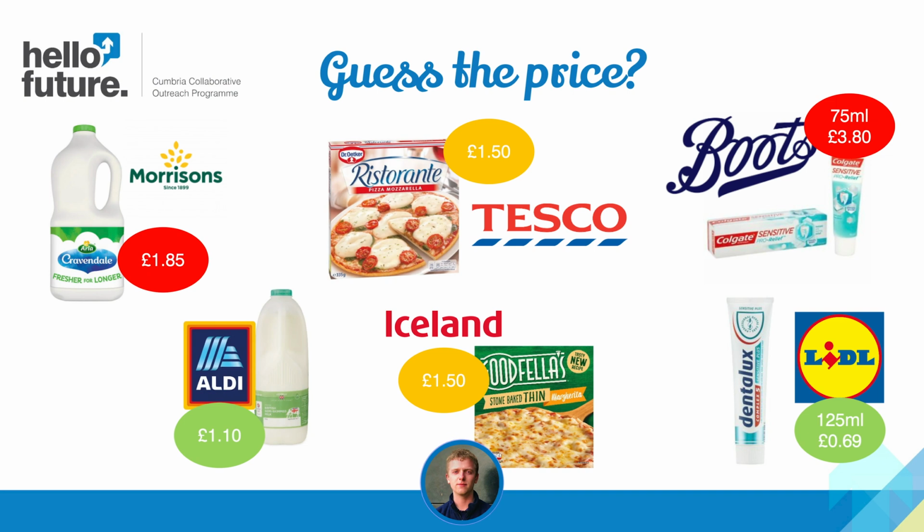So once we've discussed some methods on how to budget, we then move on to our guess the price activity. This basically aims to educate the learners on some more common essentials. We genuinely work through the slide and just see what the guys are thinking really. The idea behind it is to debunk myths that students can cost cut, but it doesn't have to affect